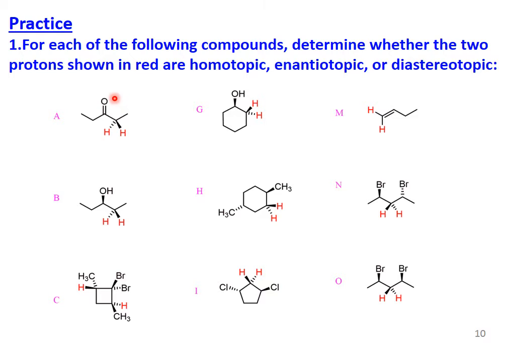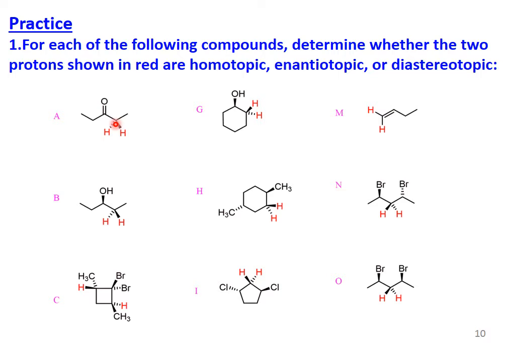Here is the prochiral center. Replacing any one proton results in a chiral center. When you get two different products, the configuration will be different. Then the two protons may be heterotopic. If they are stereotopic, they can be heterotopic. If they are heterotopic, we will see whether the product contains a chiral center. Then we say that the two products are enantiomers, and so the two protons are enantiotopic.